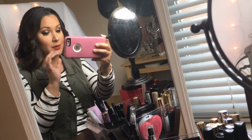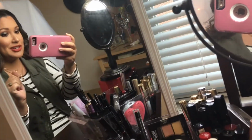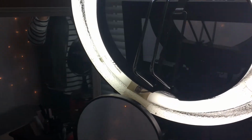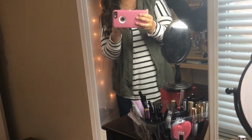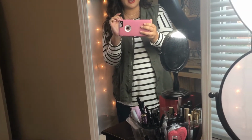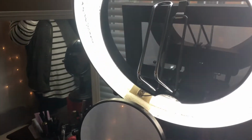Okay, so real quickly, I'm going to start off showing you guys my makeup collection and kind of my YouTube filming setup situation. I'm going to show you guys what I use to mount my camera. And yes, I do film on my phone. This is just the regular iPhone, I think it's a 6 Plus. So I just shoot in 1080p and I believe it's like 30 frames per second,